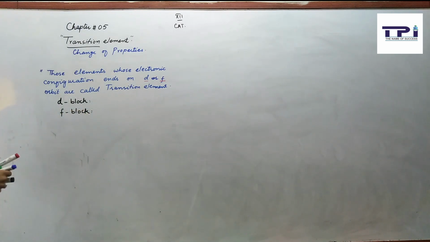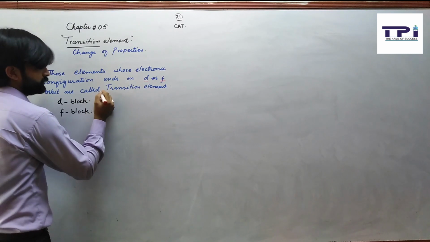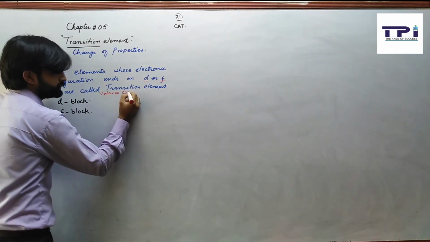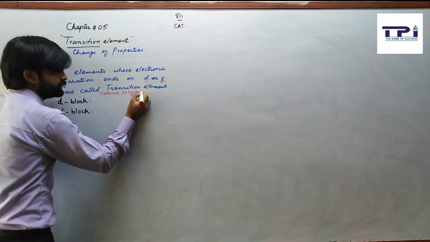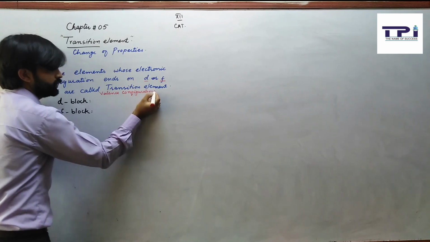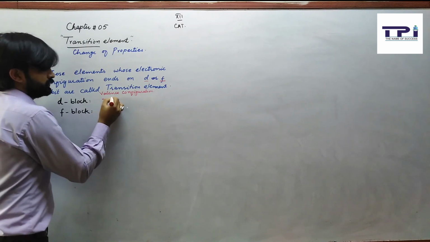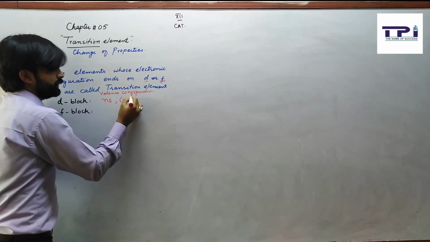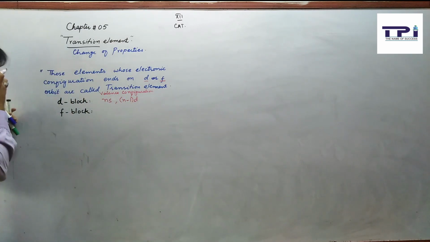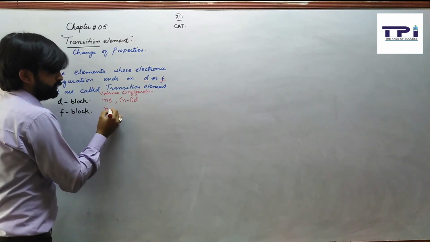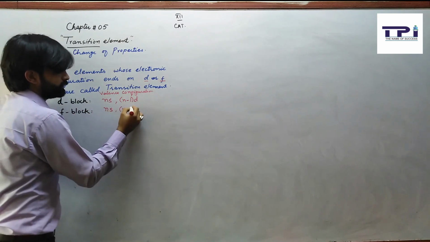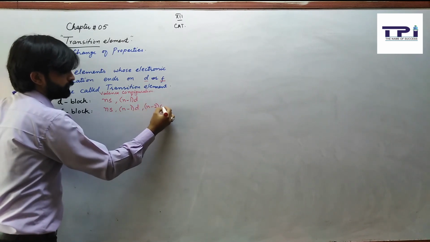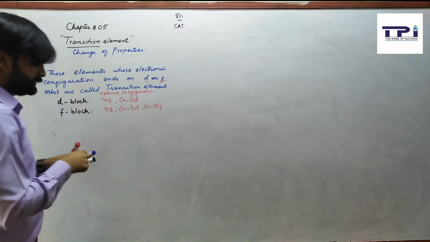In D block, the valence configuration should be ns2 n-1d. While for the F block you will have ns2 n-1d n-2f, and the number of elements